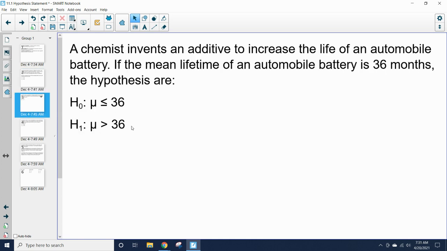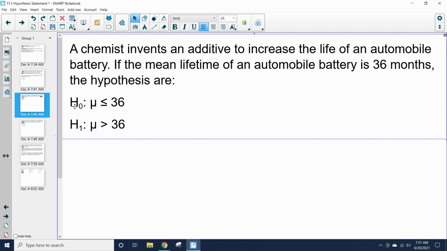A chemist invents an additive to increase the life of automobile batteries. If the mean lifetime of an automobile battery is 36 months, the hypotheses are, so we have the null hypothesis, H sub 0. It says that the average is less than or equal to 36. They got less than or equal to 36 because if the mean lifetime of an automobile battery is 36, and we are hoping to increase the life of automobile batteries, we want to show that the alternative hypothesis